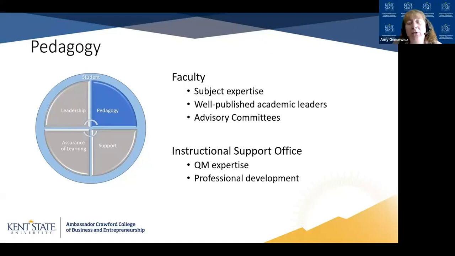And so the dean is loving the fact that we've got a great team with the QM expertise to really help the faculty, so that the faculty can basically work with us on their courses as well as still do all their publications. So that's a slight difference, I think, than a lot of programs where they always have the QM expertise in the faculty. Within my college, we have it within the instructional support office.